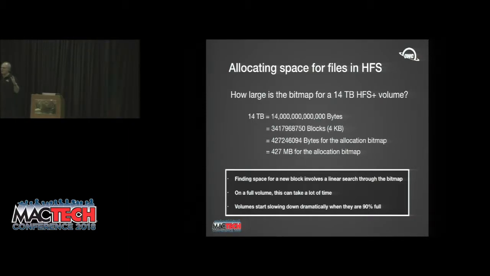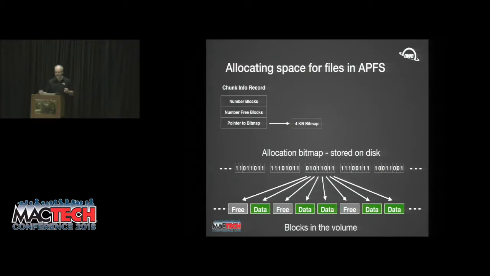So even on my small 1 terabyte volume, on SSDs, the performance was going through the toilet because it was having to do all these reads for every single write I wanted to do. So APFS has this really cool, clever way of getting around this problem. And all they've done, they're still using an allocation bitmap. All they've done is they put this data structure between the code that's asking for free space and the allocation bitmap. And all this structure does is it keeps track of how many free blocks are in that 1K part